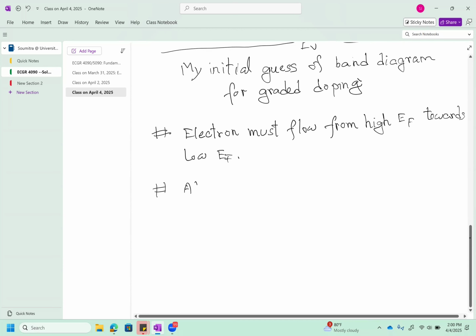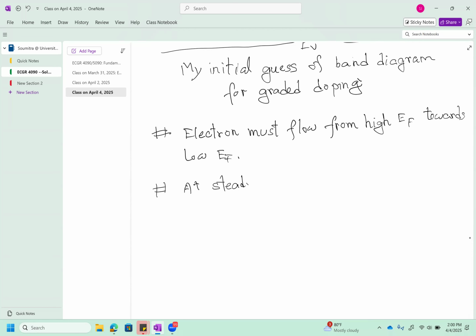That at steady state, Fermi level must be the same all through the material. Okay,